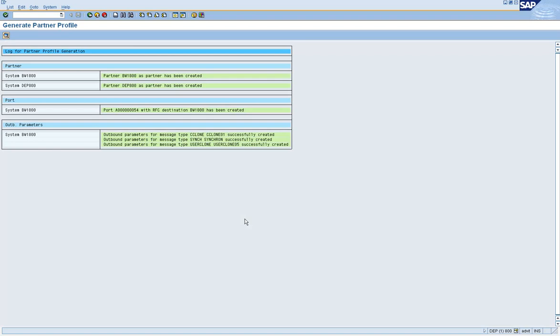If everything is proper, then you should get all these messages in green color. Okay, now the system automatically creates a port number.